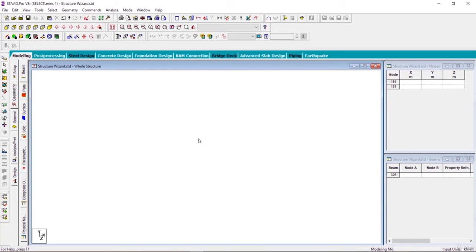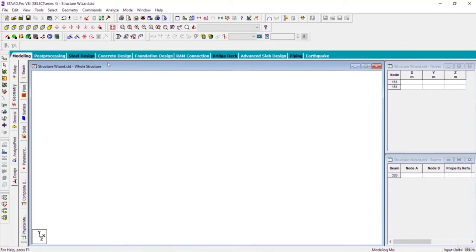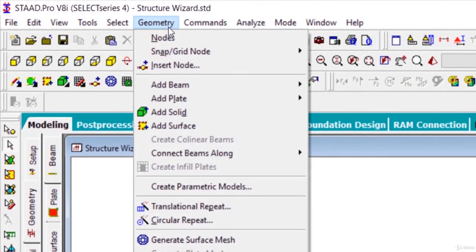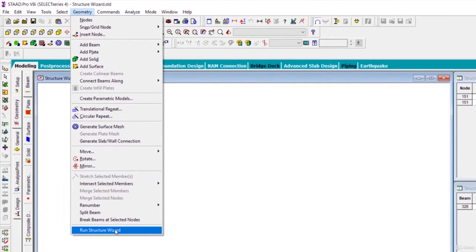Hello friends, in this video we will see different view options that are available in StatPro. To explain the view options, let me first draw a simple structure. For that, again I will use the structure wizard. For that, go to geometry menu and click on run structure wizard,